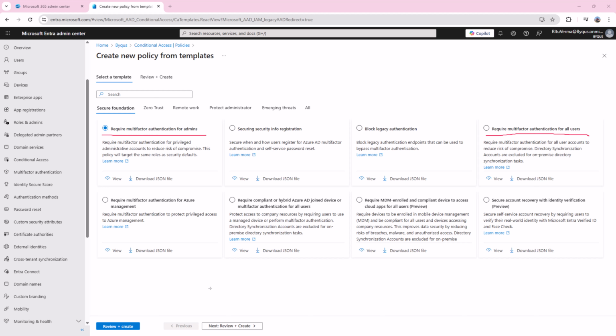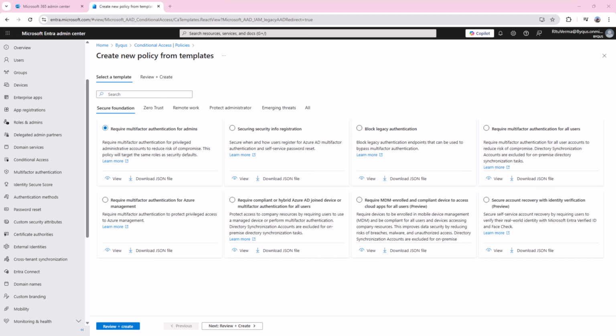So you can go in any way because currently the security default is enabled. So your organization is already secured with multi-factor authentication. So nothing to worry about it here. And the third one is block legacy authentication, this one. So we have to create these three policies. Let us look at these one by one.